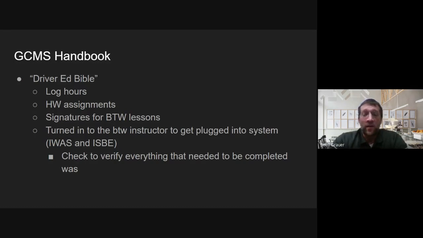And if you want to get a hold of us through email or Remind, awesome. But the book that Mr. Leak was just holding up there in the back, it has a place. Those are our check marks. We go through all this stuff. There's 10 plus lessons. And at the bottom, it shows a place for you to sign. That tells us that they're showing you what we're doing.